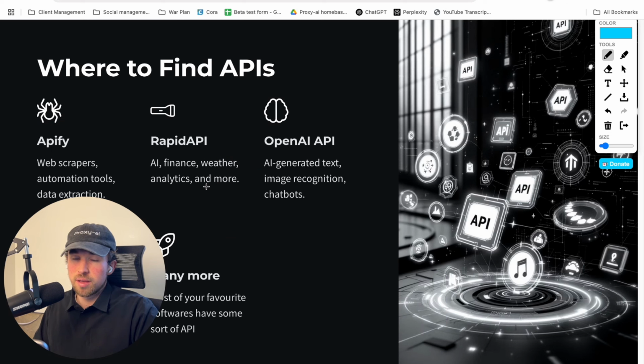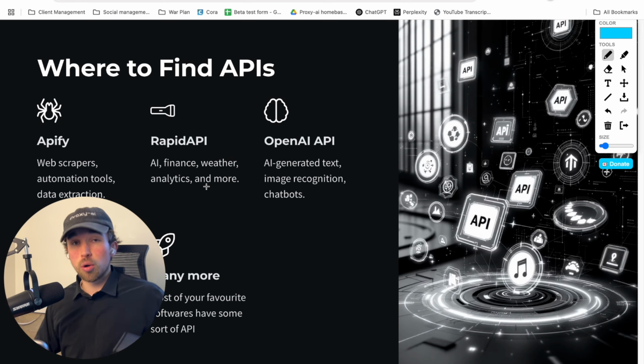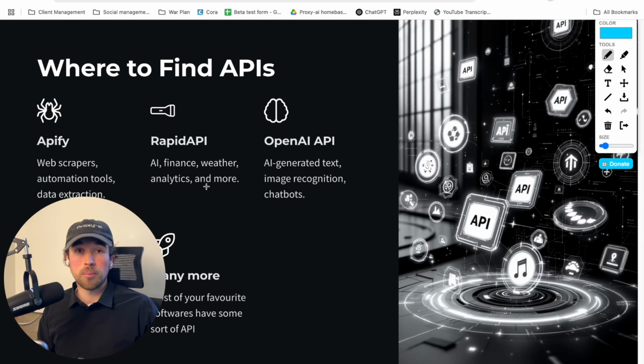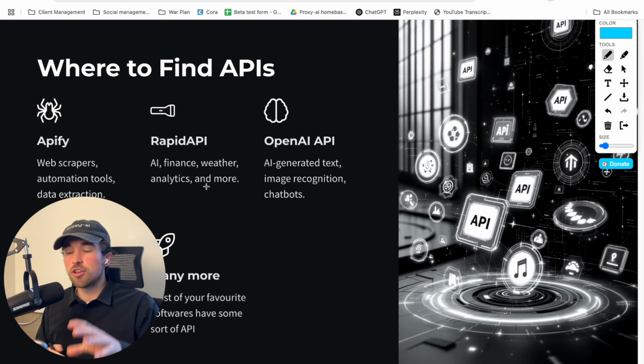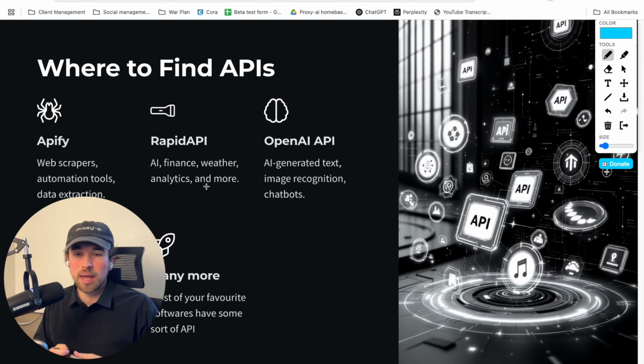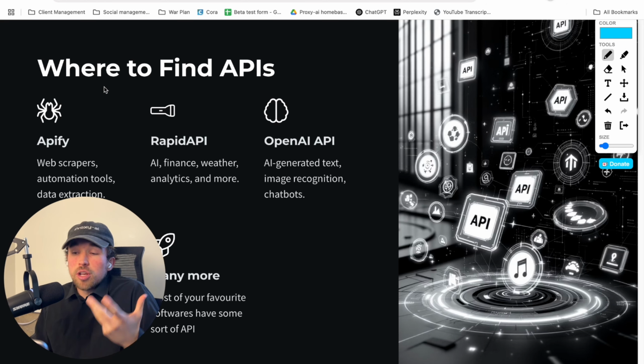So where to find APIs? It's a good question. To a lot of people who I've done a little bit of coaching or mentoring with, this is generally one of the harder concepts to understand for some reason. As a teacher, as somebody who's been doing this for like 5-6 years, it's sometimes hard to put yourself in the shoes of somebody who doesn't just instinctually get what's happening. But APIs are sometimes a little bit tricky to understand because it feels like they're just up in the air in the clouds and people don't know what they are. So where do you actually locate these APIs? Where do you pin one down so you can leverage it?